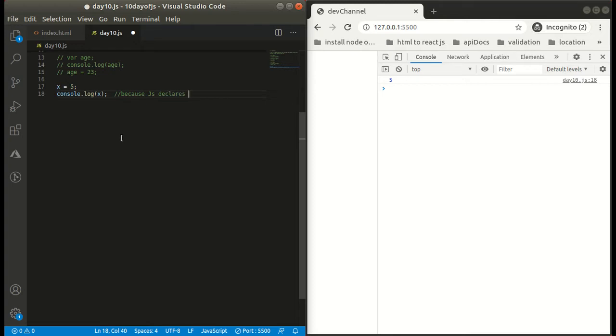Now what happened is, in this case JavaScript has declared x by default, and now x can be accessed globally. And we can also write variable x. After that, in this case also, it will move the declaration of x to the top of the scope.